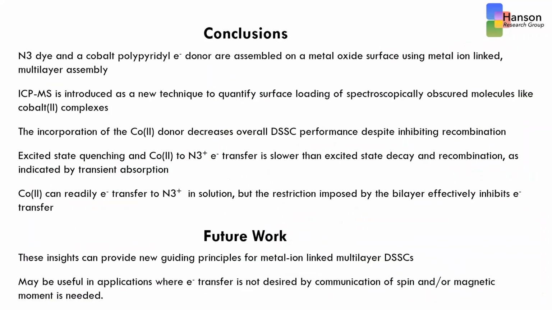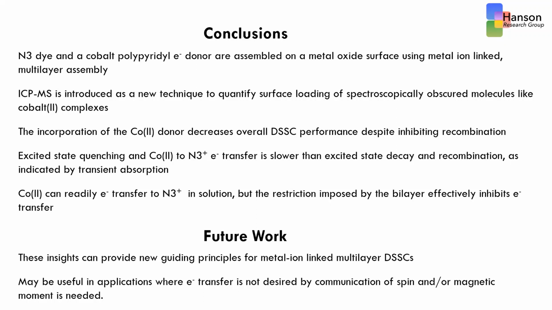Overall, we were able to use an N3 dye and a cobalt polypyridyl electron donor in a multilayer assembly. We introduced ICP-MS as a new technique to quantify surface loading of spectroscopically obscured molecules. We found that incorporating cobalt decreased the overall dye-sensitized solar cell performance. We found that excited state quenching and cobalt to N3 plus electron transfer are slower than excited state decay and recombination. And then lastly, we found that cobalt can readily electron transfer to the N3 ground state in solution, but